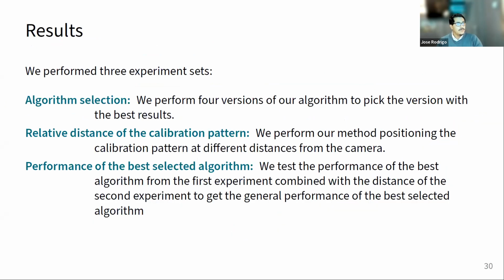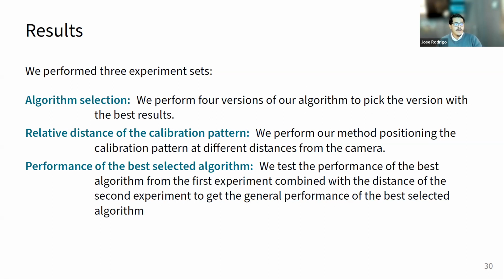Okay, to collect the results, we performed 3 experiment sets. The first one is the algorithm selection, where we performed 4 versions of our algorithm to pick the version with the best results. These versions are the iterative, the iterative collinearity with angle cross relationship, and the iterative with both projective invariant properties. The second experiment is the relative distance of the calibration pattern, where we perform our method